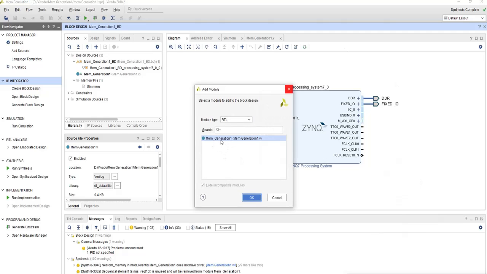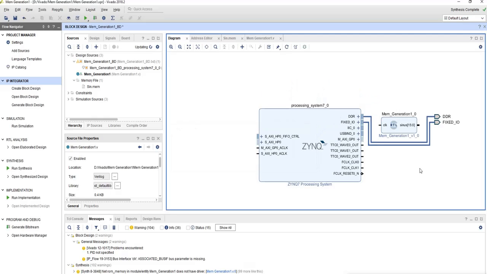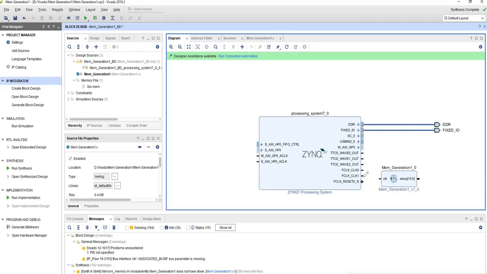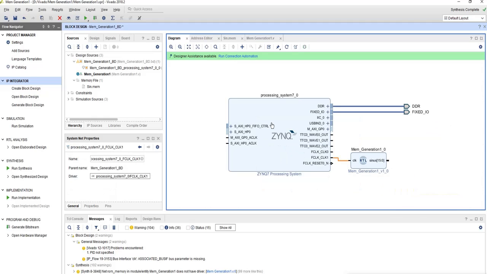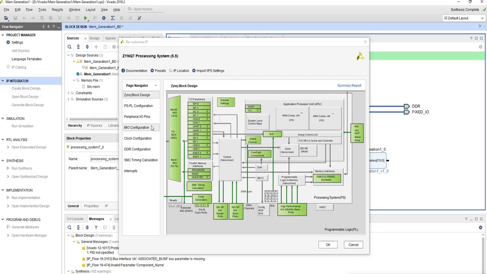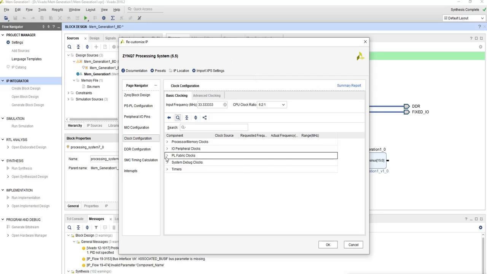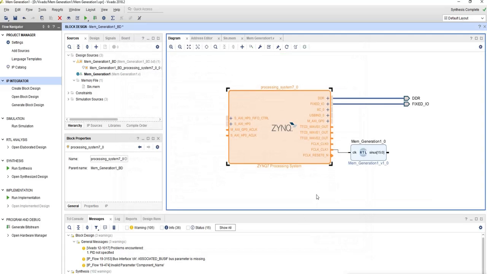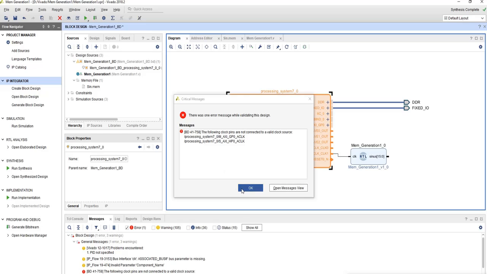Our mem generation Verilog file is here, so we'll add it in the block diagram. It has come. Now the clock will be coming from this. Now we'll see the clock value. Go to clock configuration, PL Fabric clocks, that is FCLK_CLK0, which is 100 megahertz. So we'll just click OK.